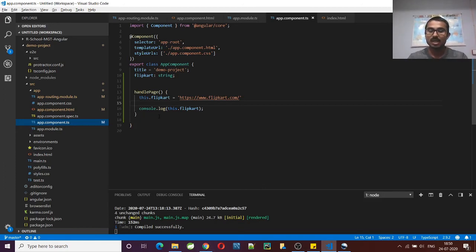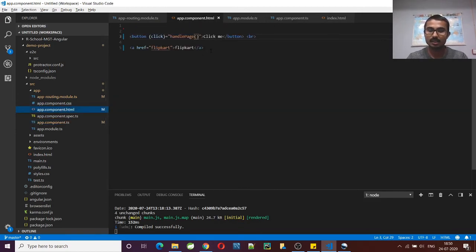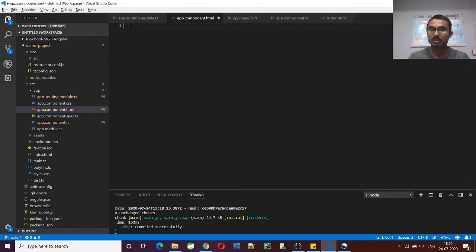The next one is two-way binding. This was all about one-way binding, but now there is one more data binding in Angular, that is two-way binding. So for example, let me remove all.